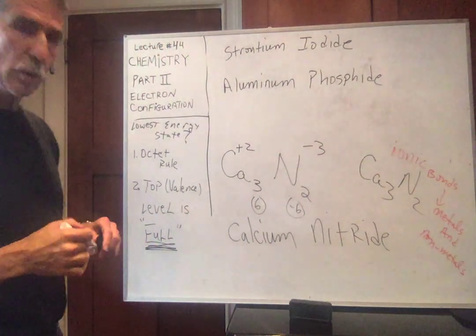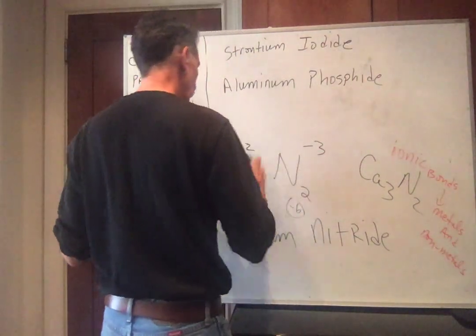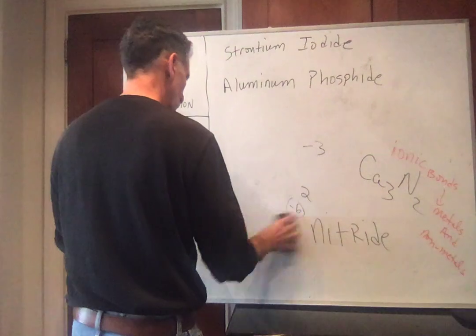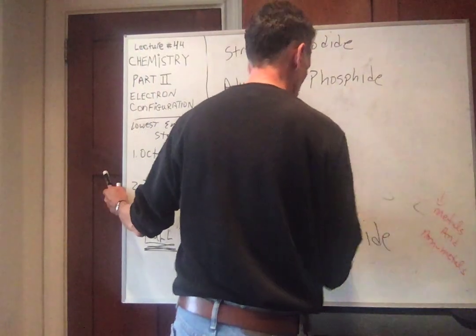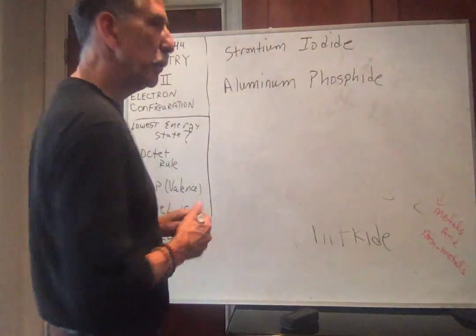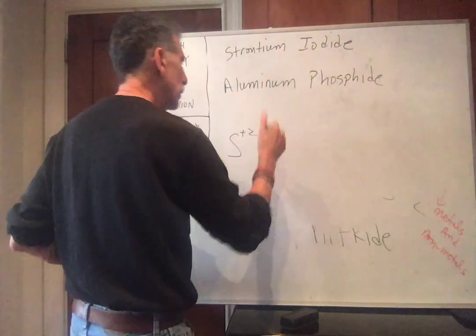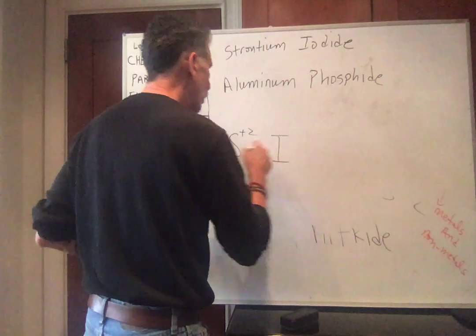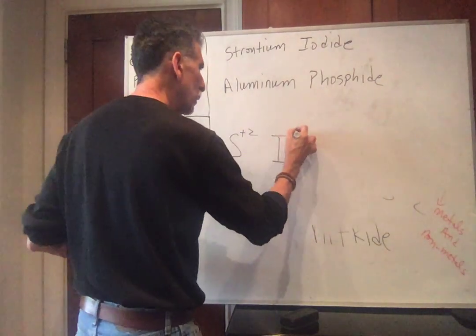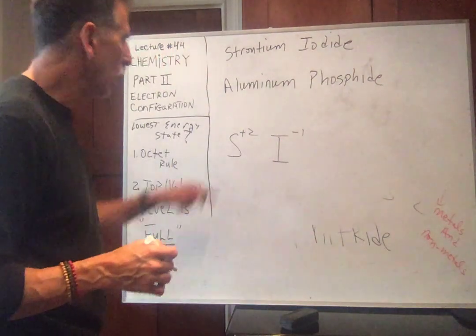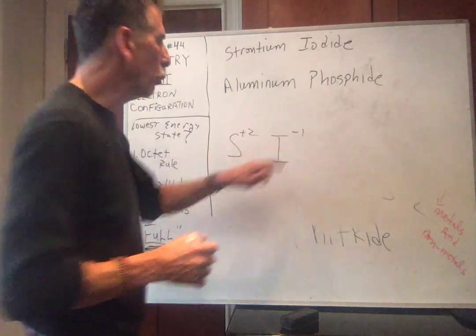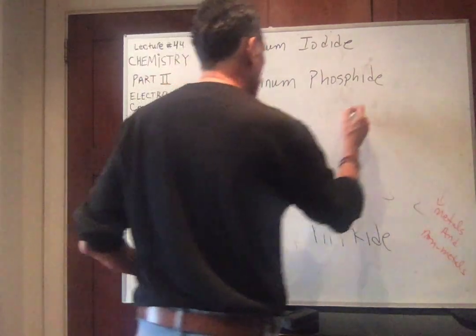All right, let's do these quick, and we'll call it a day. Strontium is in group 2A, +2. Iodine is in group 7A. So strontium wants to give 2 electrons. This needs 1 electron. This is giving 2, and there's only 1, so we put a 1 and a 2. So the formula would be